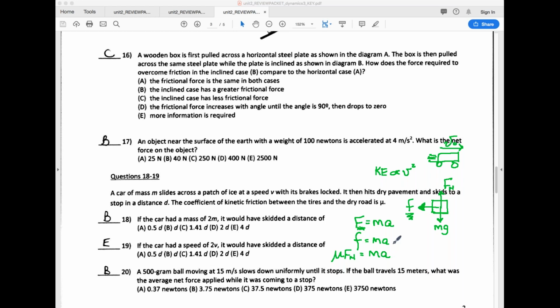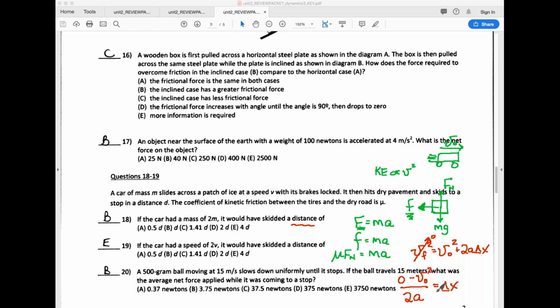And so they're asking about how far it's going to go. Since they're asking questions about distance, this sounds to me like a kinematics problem. And I'm going to use the third equation. I'm going to say that Vf squared is equal to Vo squared plus 2a delta x. And the final velocity is going to be 0 after it comes to rest. And so I'm going to solve this for delta x. Technically, it's going to be 0 minus Vo squared divided by 2a is equal to delta x. So if the initial velocity stays the same